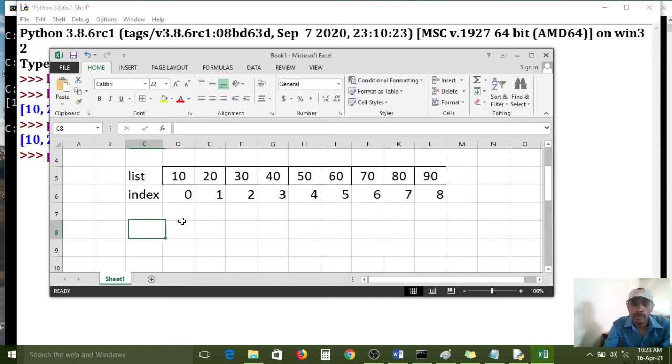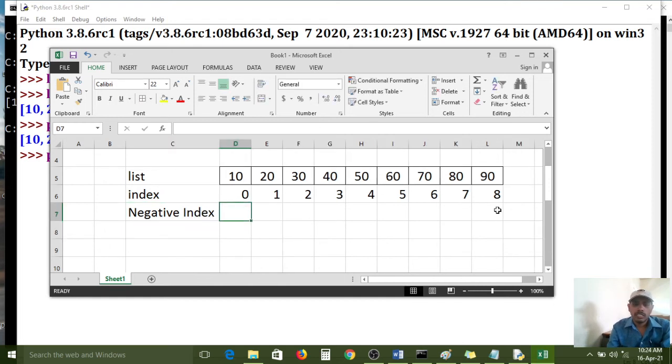Sorry, the ninth element is not there. 10, 20, 30, 40, 50, 60, 70, 80, 90, so the index is from 0 to 8. And a negative index is also maintained. The negative index starts from the last element, starting with -1.